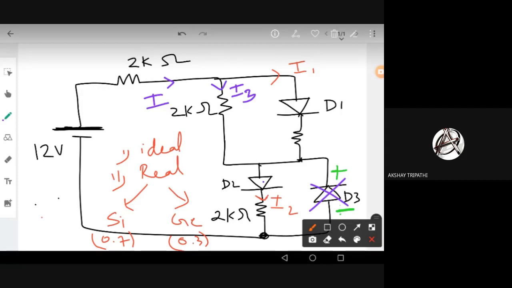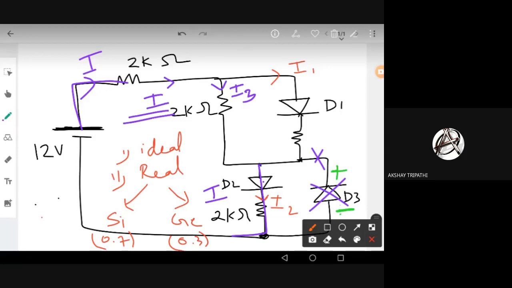Now the I3 and I1 again combine to form the current through the diode D2, because there is no current in this path. So we can say the current through the diode D2 is nothing but the circuit current I, the current before division into I3 and I1. The same full current is flowing through this diode, coming from the voltage source itself, according to Kirchhoff's current law. So this D2 diode current I don't need to find at all, because it is the same as the circuit current. Fine.